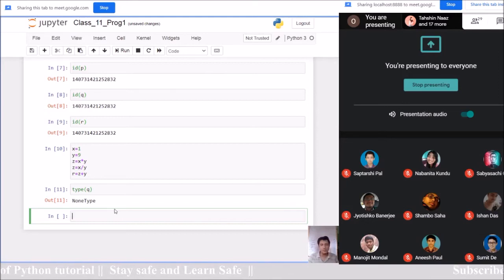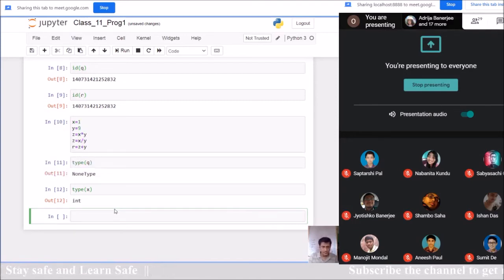Like we have integer type, like type of x is assigned by an integer value. It is integer type, but Q is NoneType. Okay, I think the concept of None is clear with this.